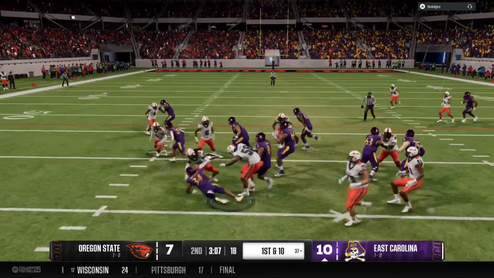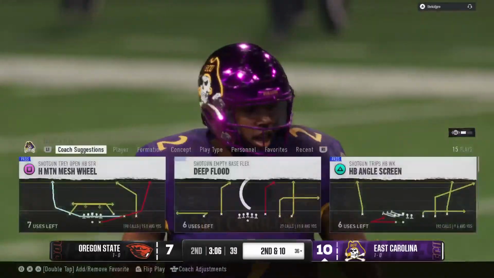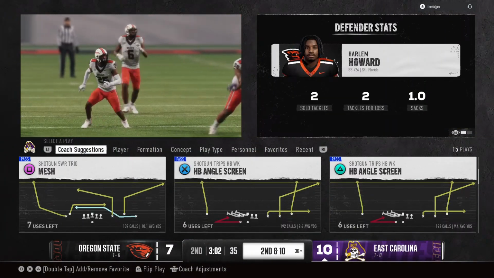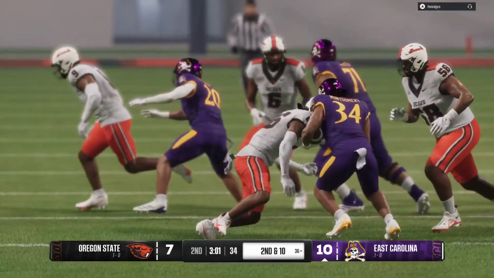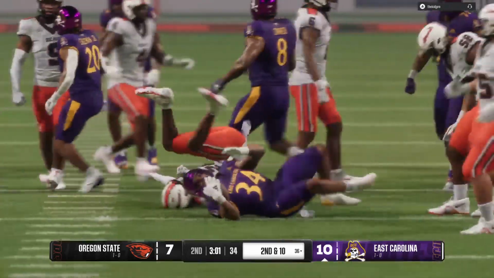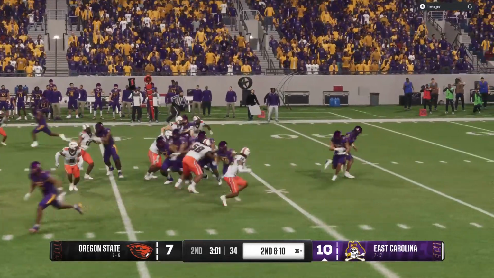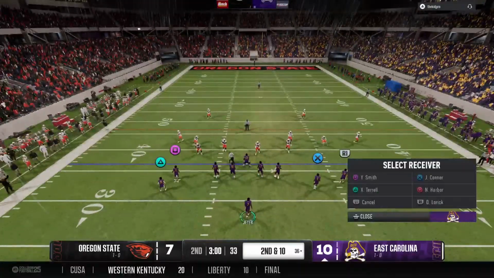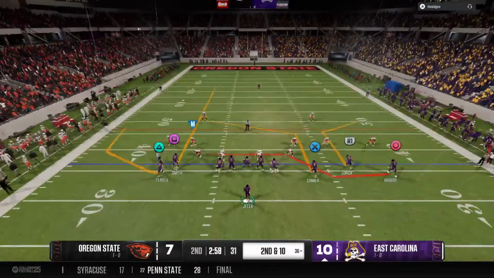Might as well give it to him again. They knock him down right there. Great team defense on that run play. Everybody doing their job. People winning their one-on-ones, D linemen staying in their gaps, linebackers and DBs filling. You just can't do it better. Got stuffed on 1st down. It's 2nd and 10.